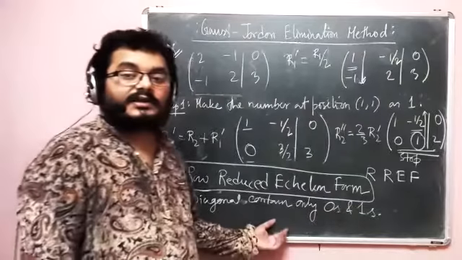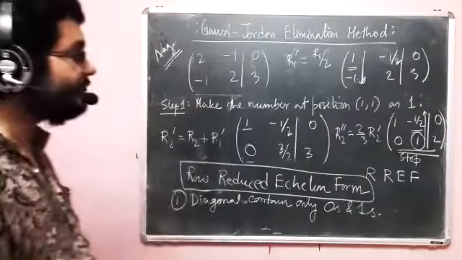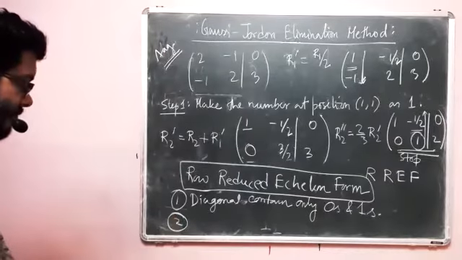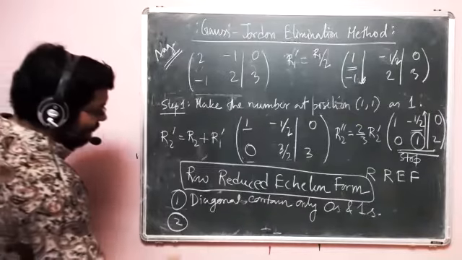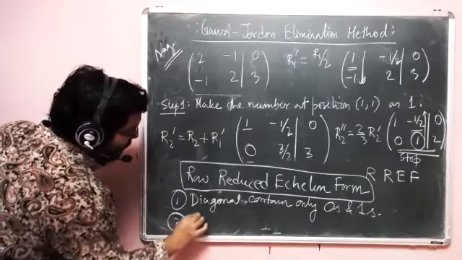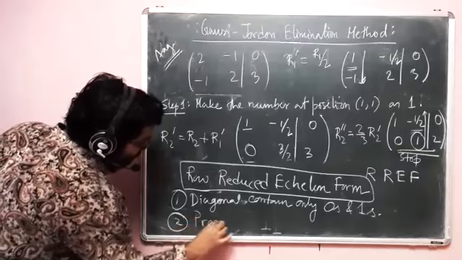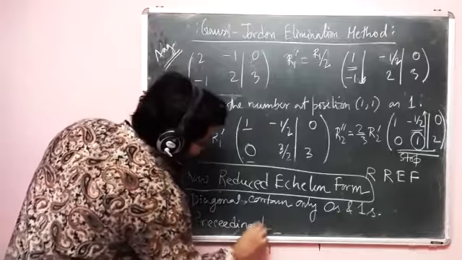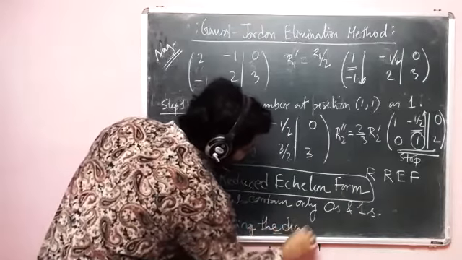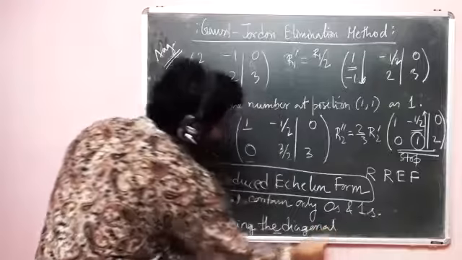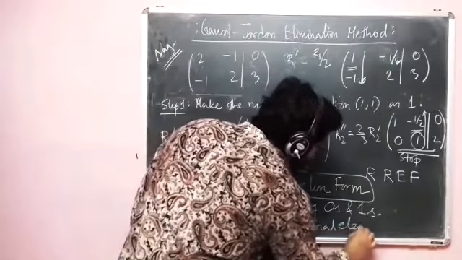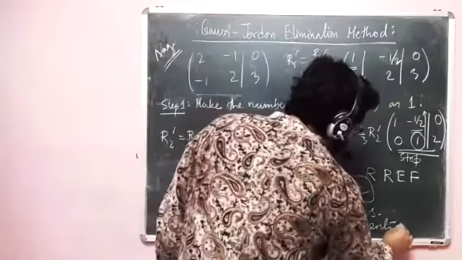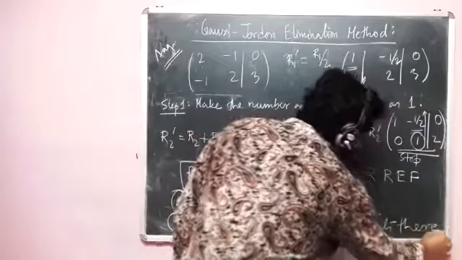So we are keeping the possibility that we can end up with 0. Number two, preceding the diagonal element there can be